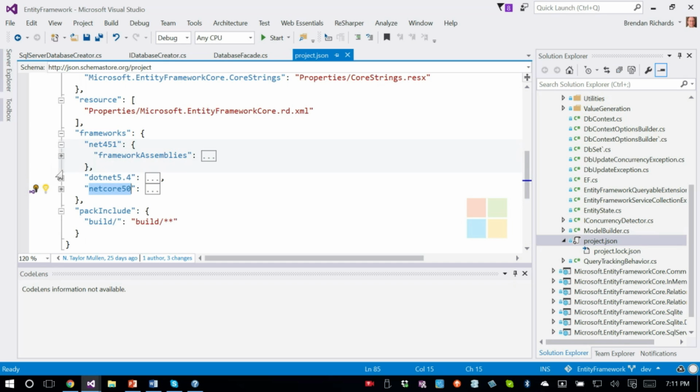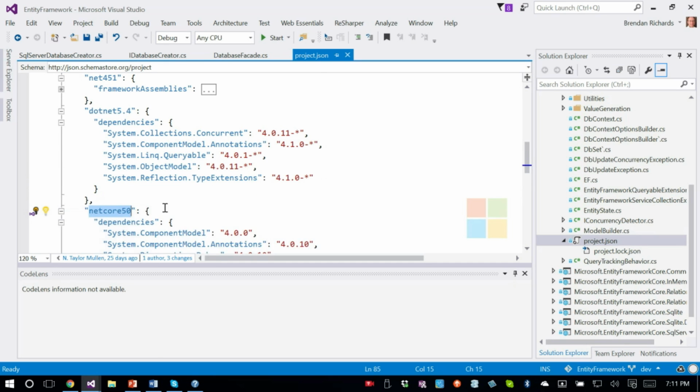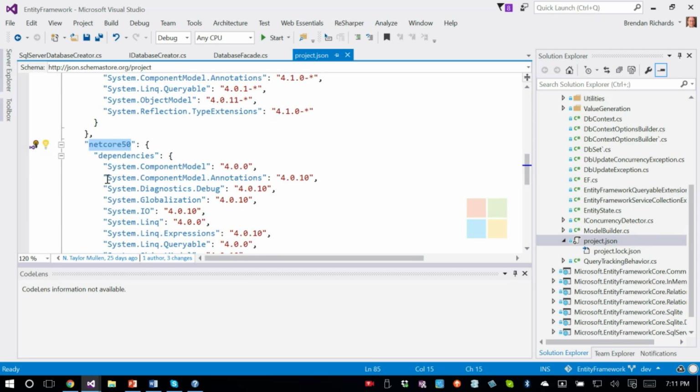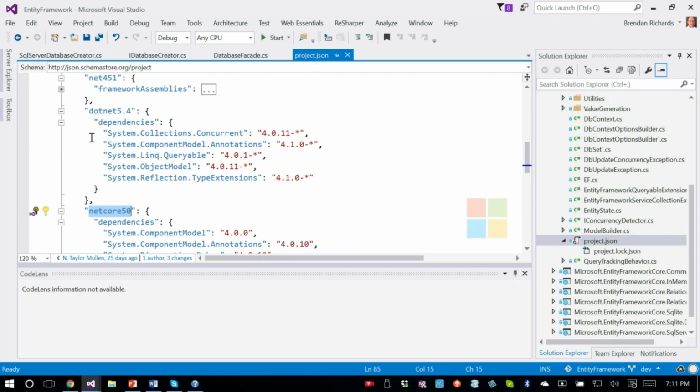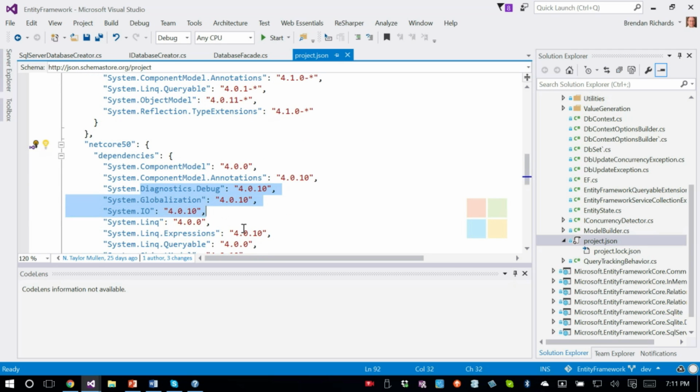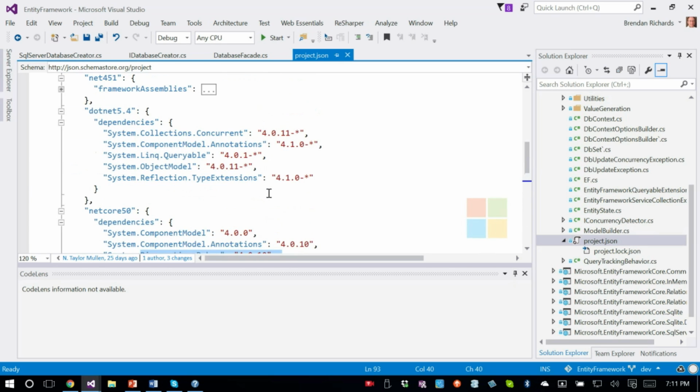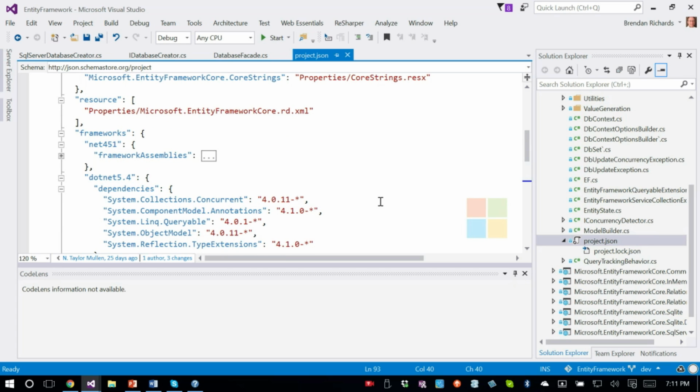So when you move into these framework libraries, you see they've all got slightly different sets of dependencies. So what's happening here is the things that aren't included in that particular framework by default get loaded by these configurations. And so pretty much you can run what you like under these different .NET cores, but as you use the smaller versions, you've got to start adding more dependencies into them. So with the .NET 4.5.1, you're probably not going to get any dependency problems. With the smaller ones, you're going to have to actually make sure, okay, I've used this command over here, I need to make sure I've got the dependency that lets me have that.